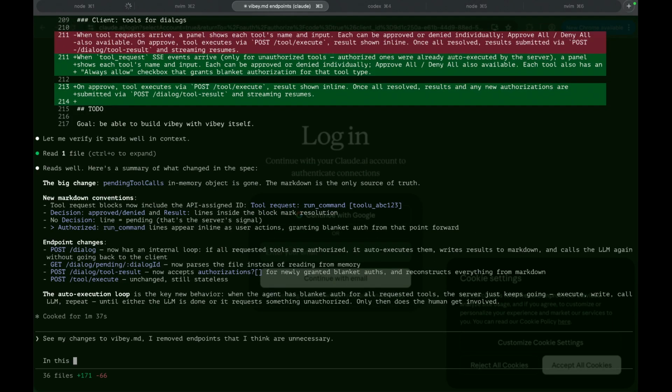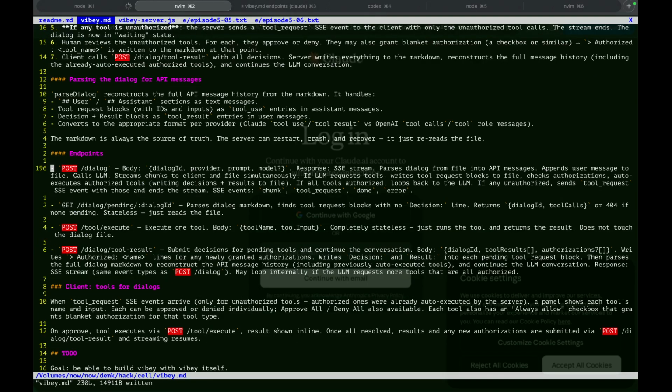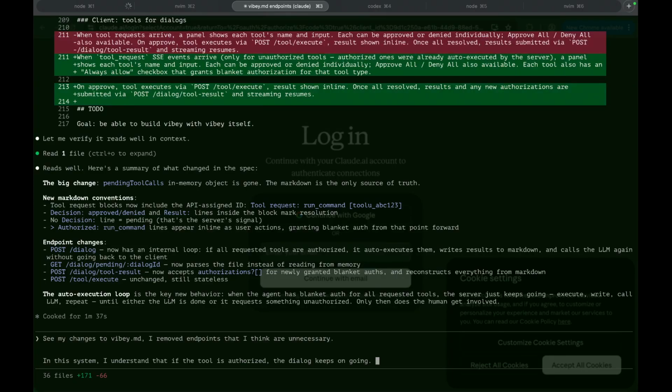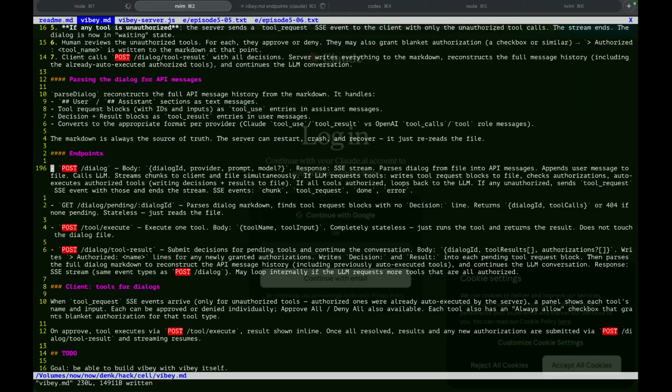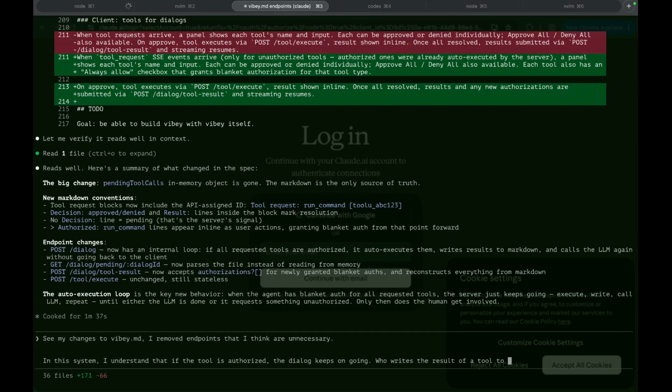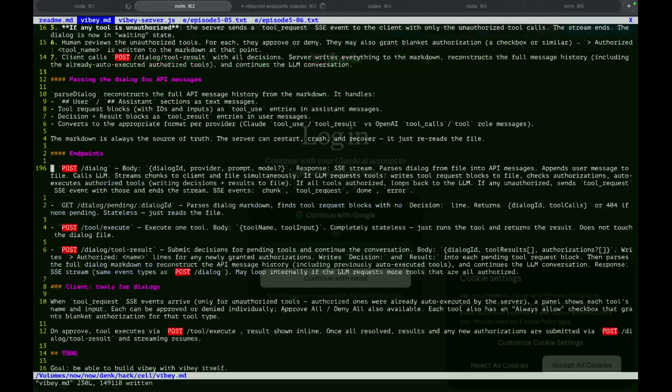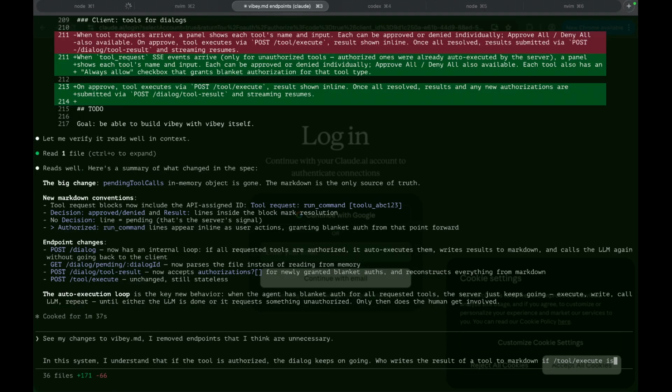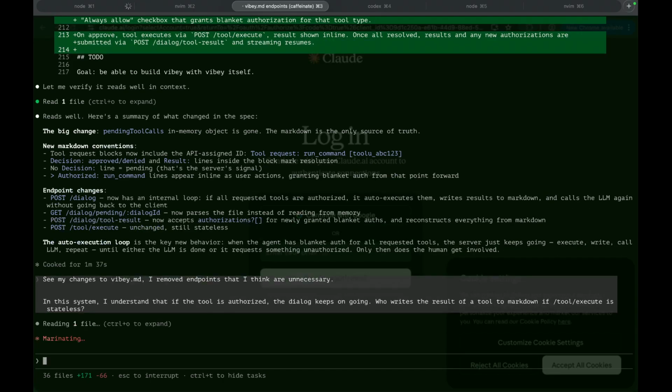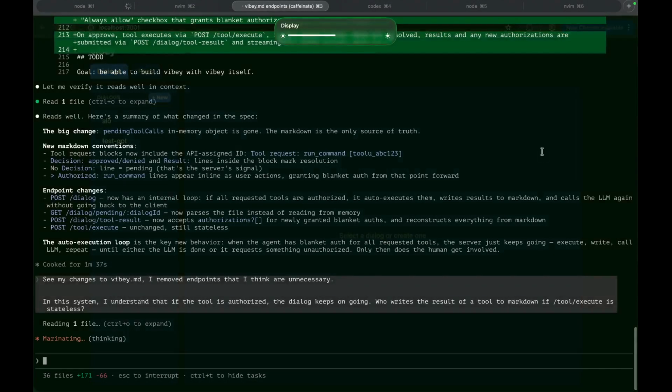In this system, I understand that if the tool is authorized, the dialog keeps on going, but when the tool is not authorized yet... Who writes the result of a tool to markdown if tool execute is stateless? I'm having fun, I have to say.